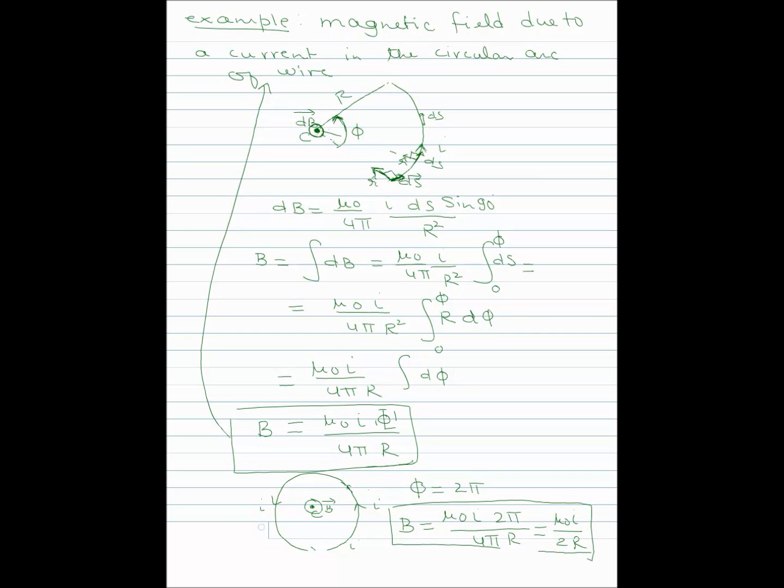Alright, so let's look at another example. This time the example is going to be very similar to the magnetic field due to a current in a circular arc of wire, except that this time we have something like this. This example has some wire that looks like this. And in this case, let's say we have to find the magnetic field at the center of this circular arc again,